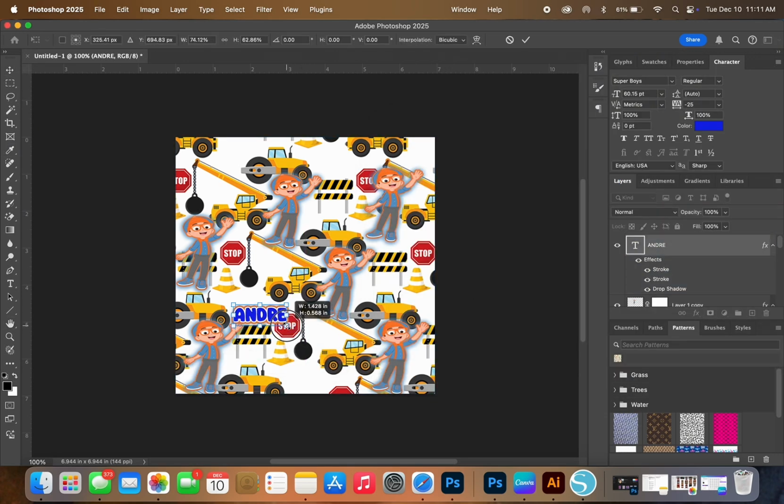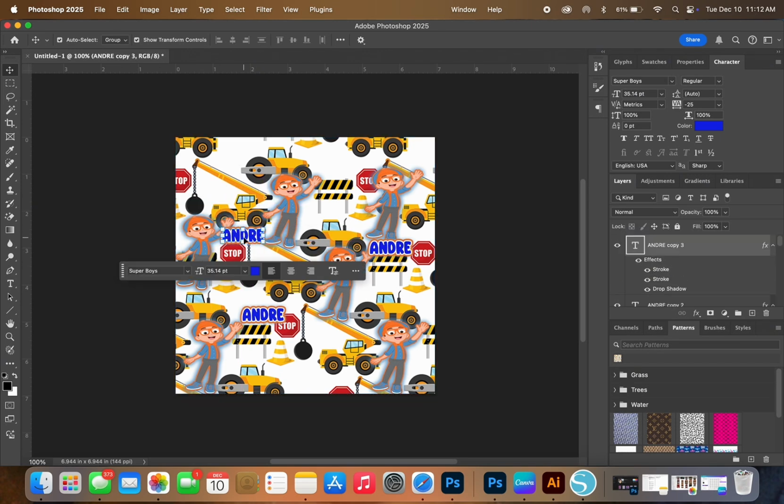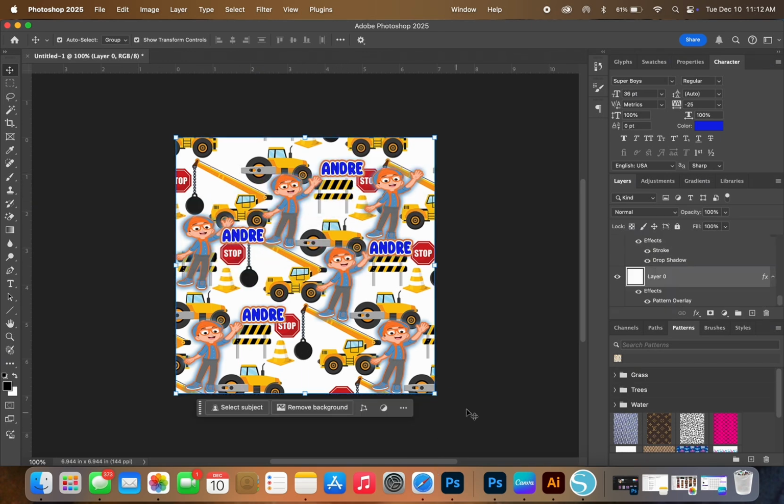Now I'm going to duplicate and resize it. And just add it down there. Okay, and we're done. This is how I customize